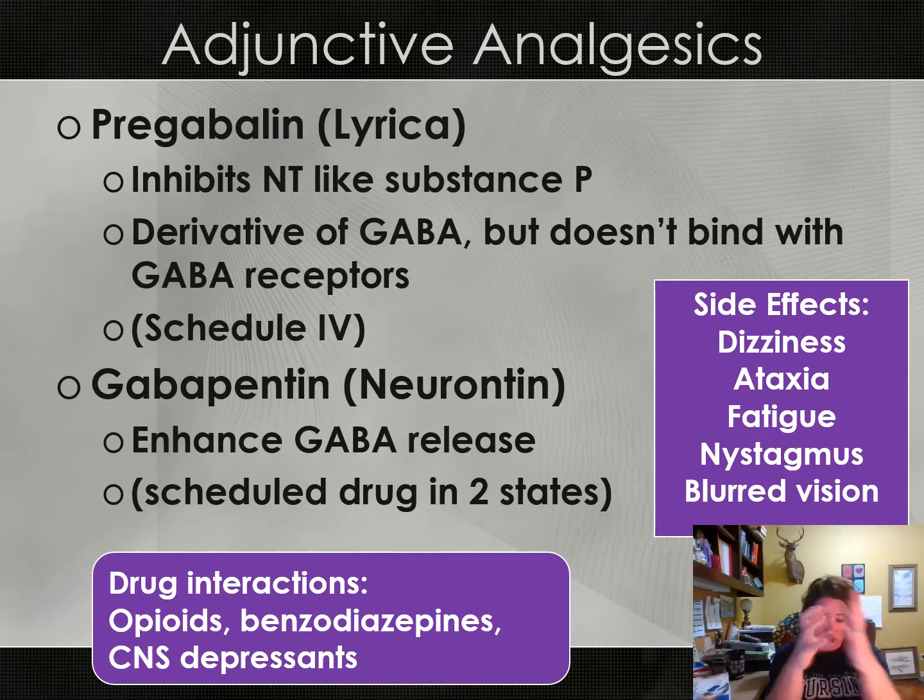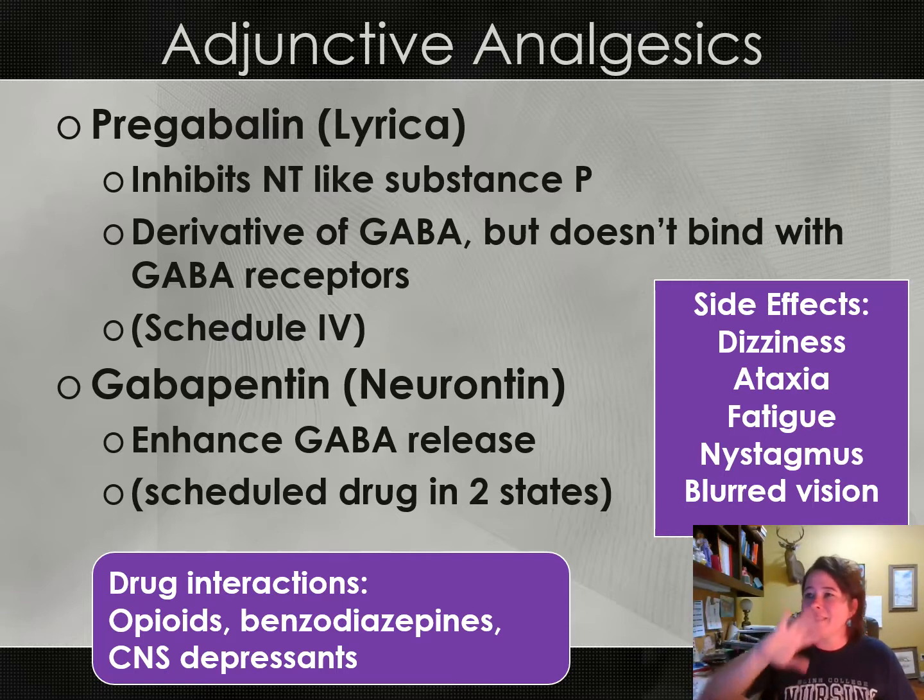When GABA kind of attaches to the protein in your brain, known as the GABA receptor, it produces a calming effect. And it helps with feelings of anxiety and stress and fear, and it calms the nerves down, and it also helps to prevent seizures because it just kind of makes everything go, okay? So these two medications work with GABA, okay? So it's interesting that the pregabalin kind of inhibits the neurotransmitter-like substance, substance P, that we talked about in the beginning of the lecture. So with this medication,